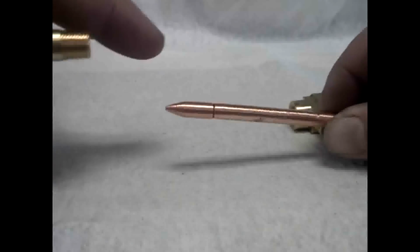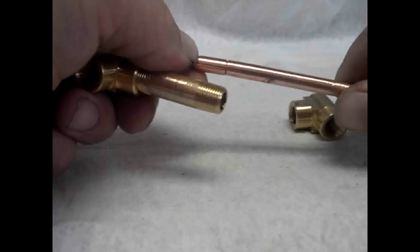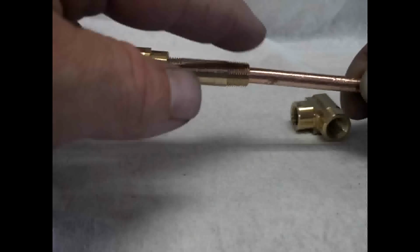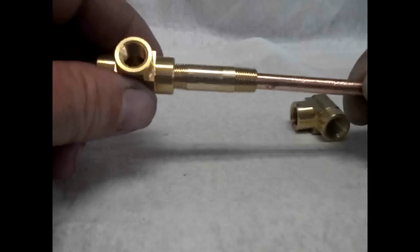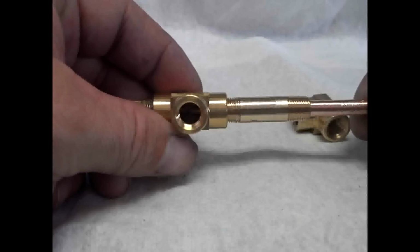Okay, now this has already been soldered together, remember. So, and it's going to be nice and straight. You're going to have it filed down so that it will slide into this tube. Now we're going to slide it in here. We're going to put some plumbing flux, or soldering flux, on there. And if you can see here,